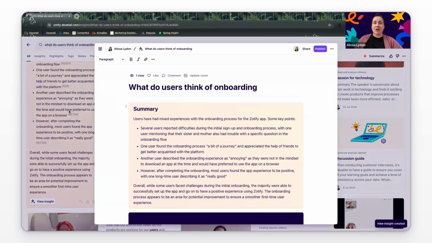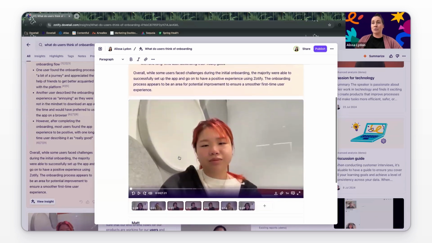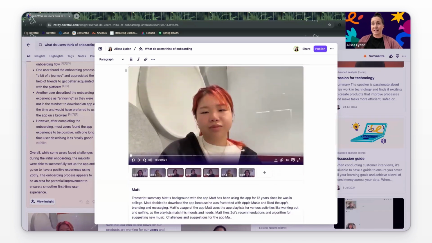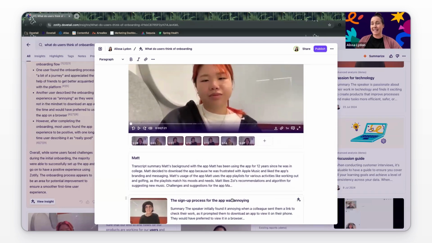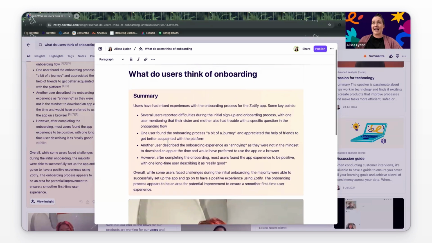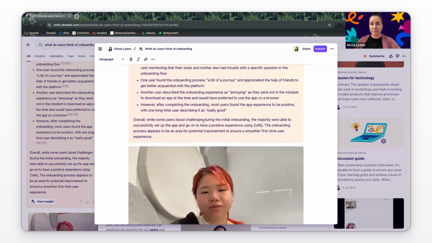And now you'll see all of those evidentiary links have been moved over into the insight, whether it's the highlight reel or just the text of a highlight or a link to an insight. This is now instantly shareable with my stakeholders, the similar workflow that I just showed you in the analysis piece. So now I can quickly go from question to a great answer that is presented in such a way that my stakeholders can consume much faster than if I had to go and